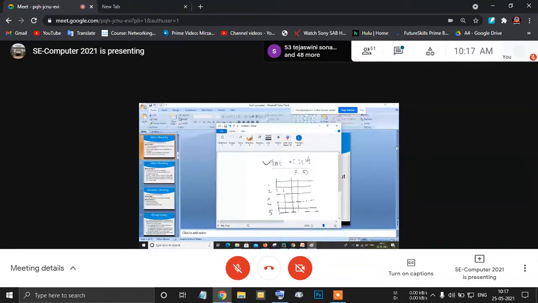Like if you consider a database, if I don't know the attributes, it is not possible to design a table. Suppose I have a student database, and in it I have 3 columns: student name, student address, student phone number. If I have these 3 columns, I can add n number of rows.